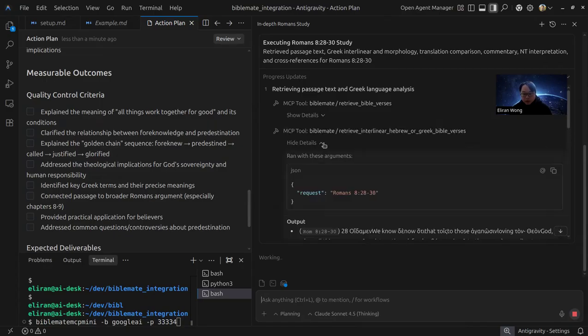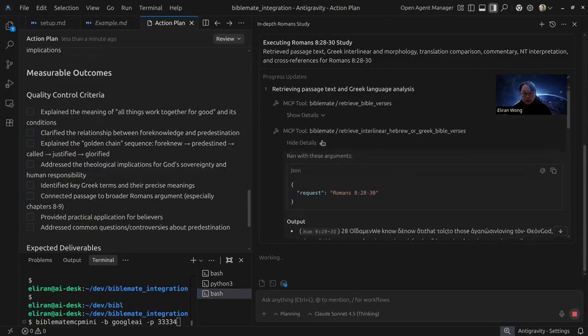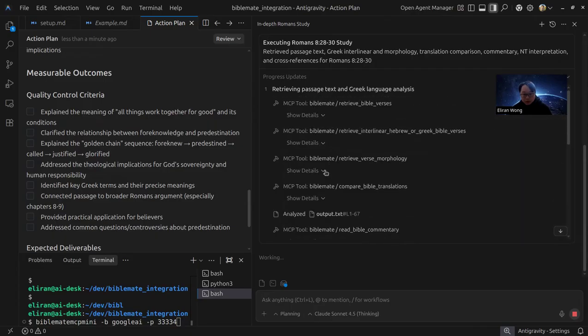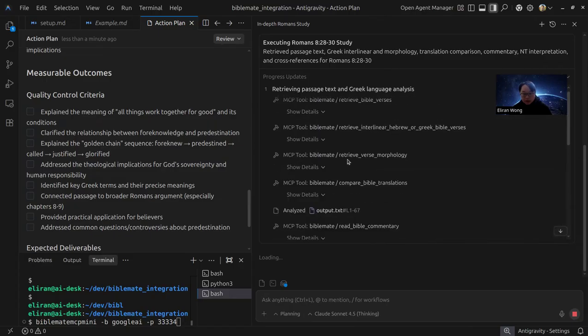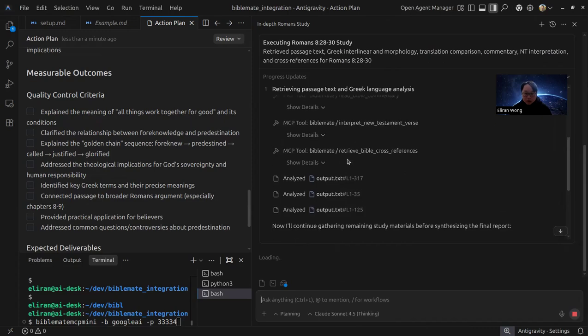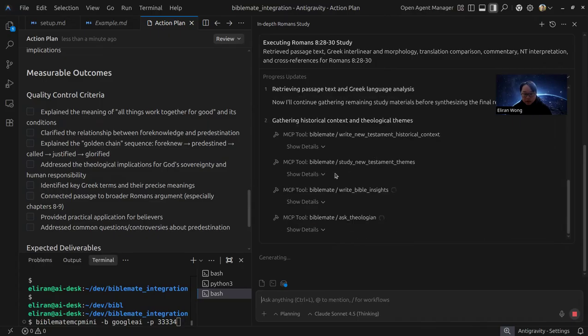Also the interlinear data here. Also the morphology data here. It looks like it's working very well to retrieve all those reliable data and cross references here. And there are some steps still working, but as it's still working, I can share a bit